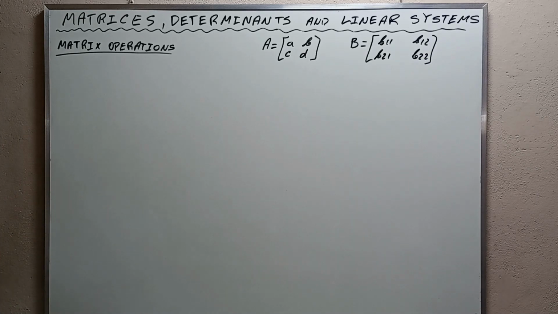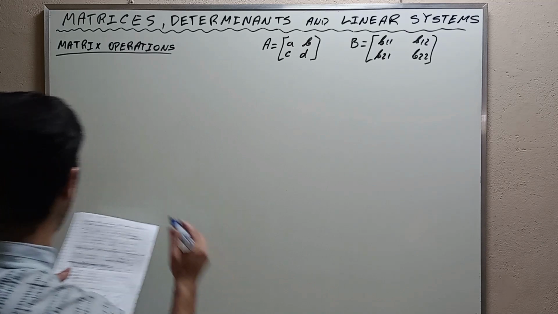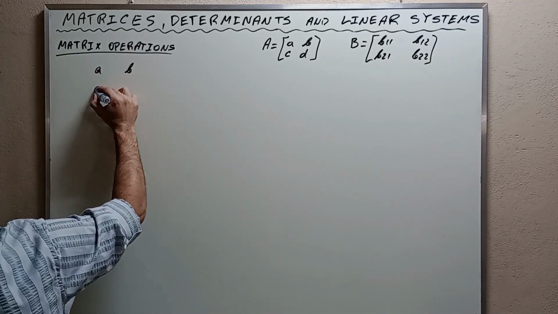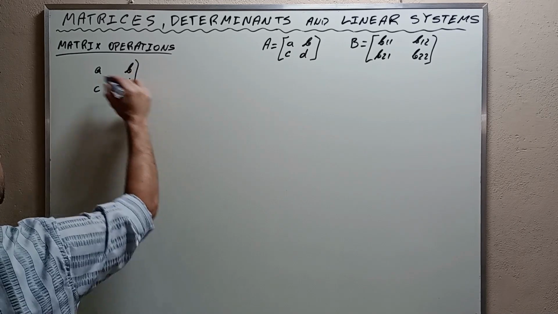We want to assess whether one is the inverse of the other, and we want to express the entries of B in terms of the entries of A. Okay, in this way, A, B, C, and D